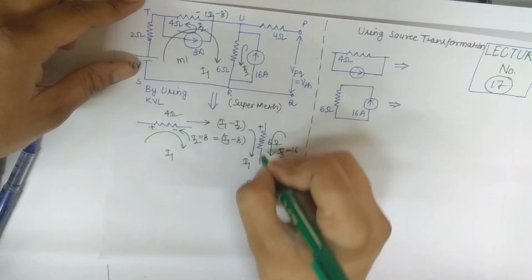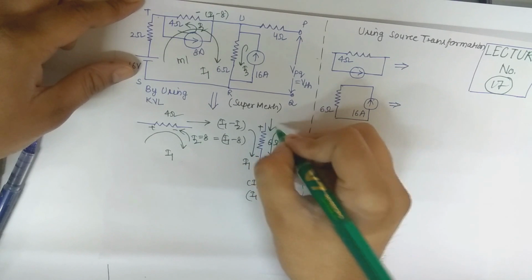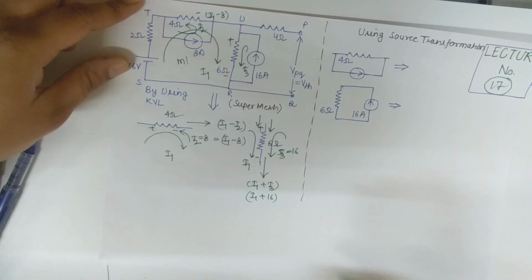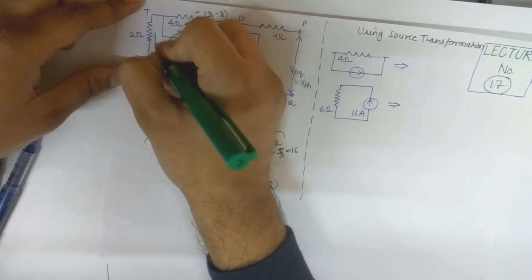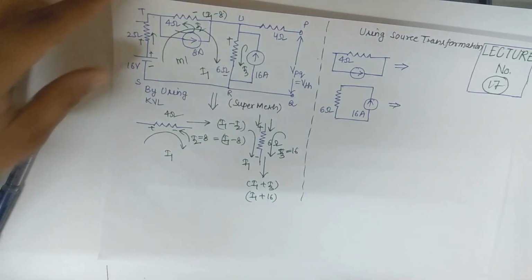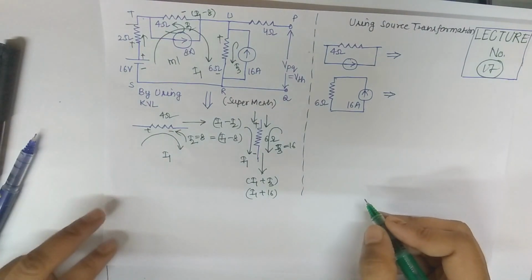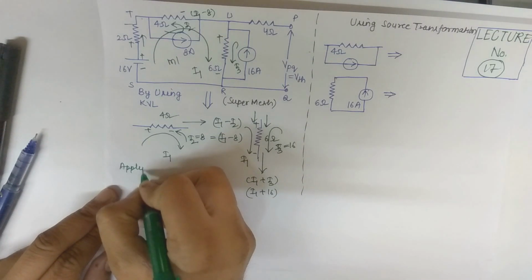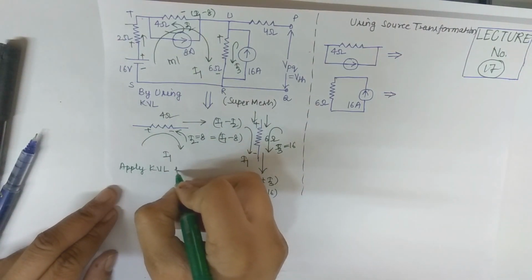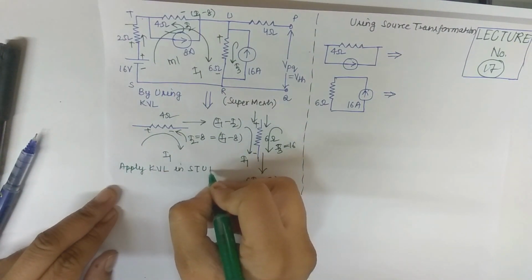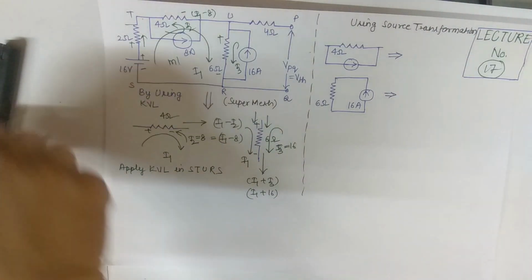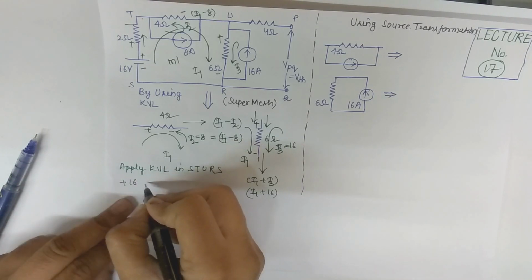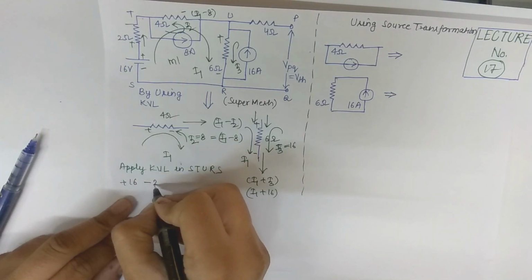It is entering from this side, so this is positive and this is negative. So apply KVL for STUR. Apply KVL in STUR. Start from S, plus of 16 minus of 2